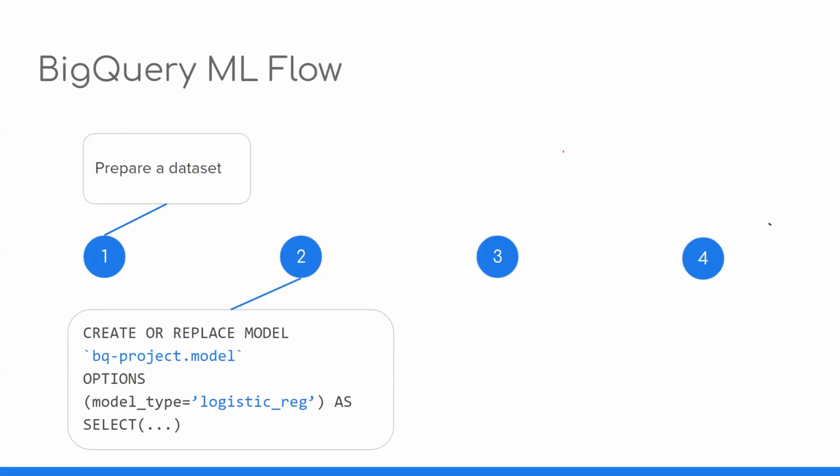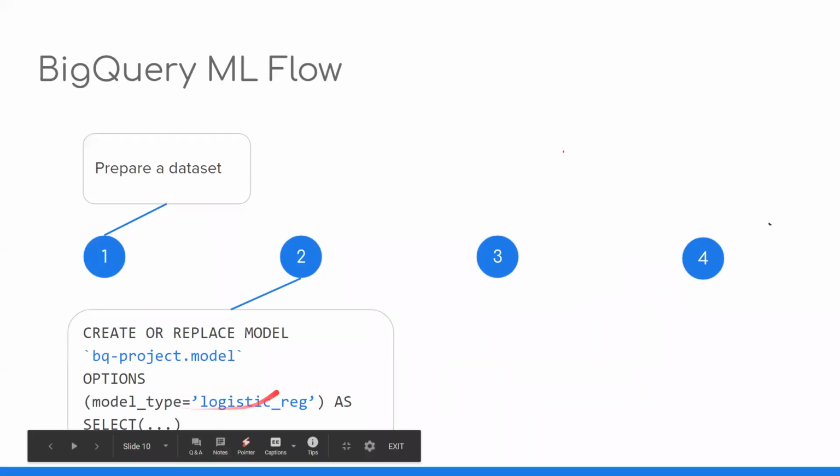That can be create or replace model as well. So you give your model a name and you give it some options, right? You can specify the model type as linear regression, logistic regression, a deep neural network, a k-means one,